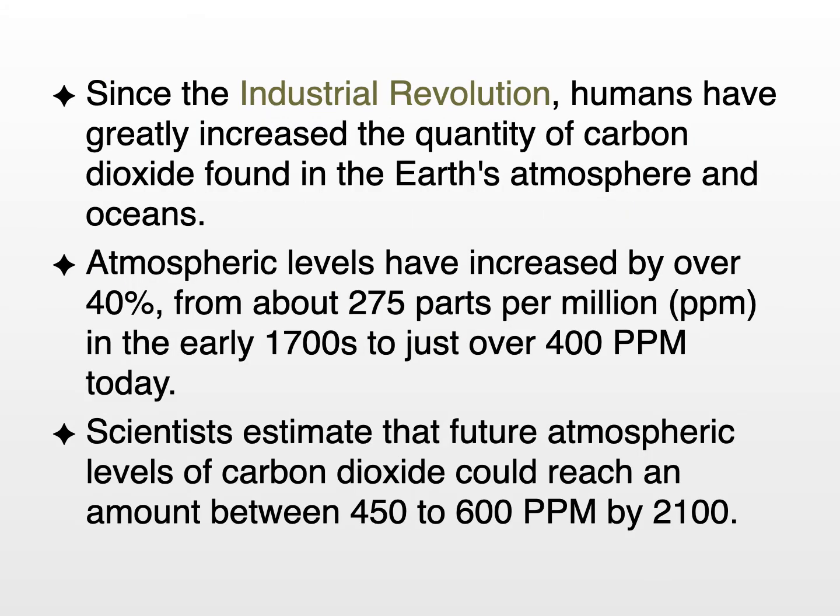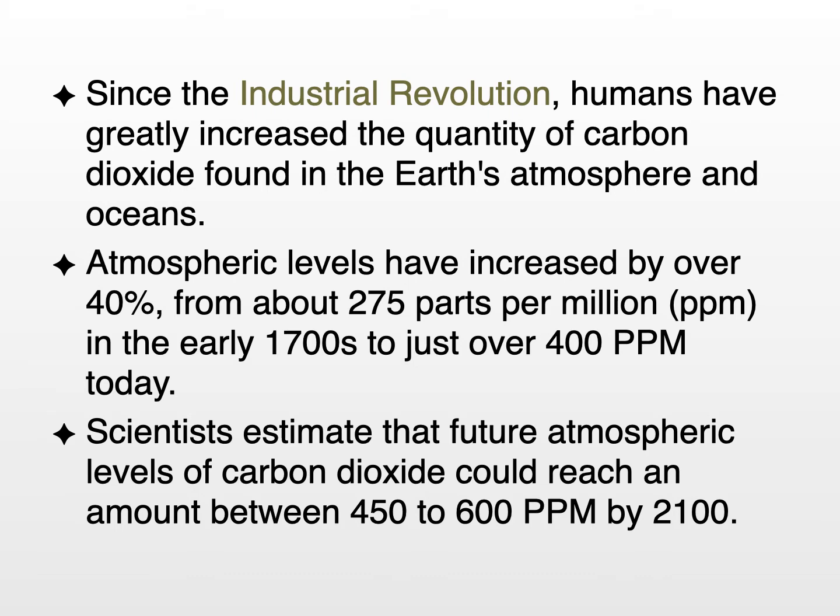Now, of course, humans have played an important role in modifying the carbon cycle. Ever since the Industrial Revolution, we have increased the concentration of carbon dioxide found in the atmosphere and the oceans. This is because of burning fossil fuel and also by changing natural stores of carbon in biomass by replacing forests with cropland, for example. Atmospheric levels have increased by over 40%. They were around 275 parts per million in the 1700s, and today they're over 400, approaching 410 now,